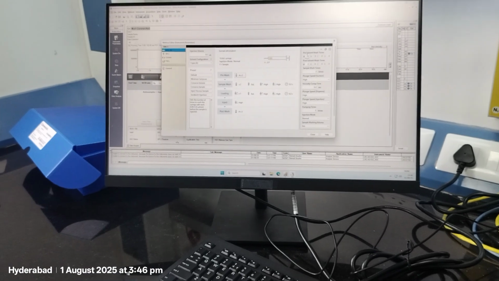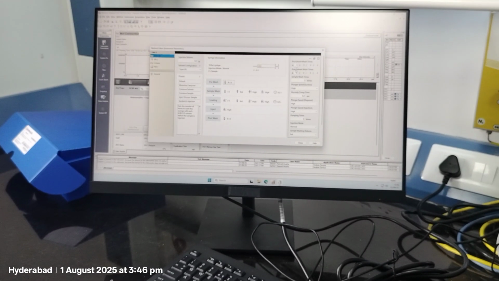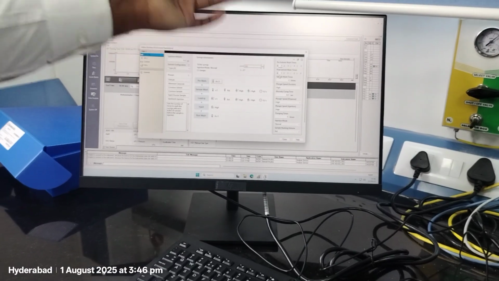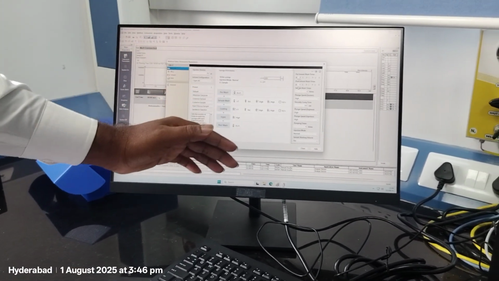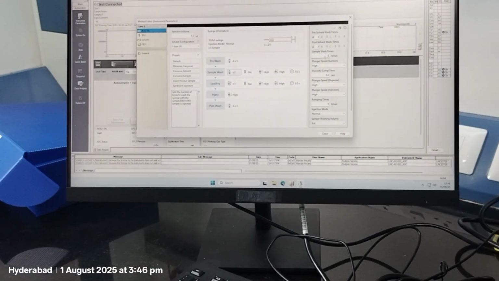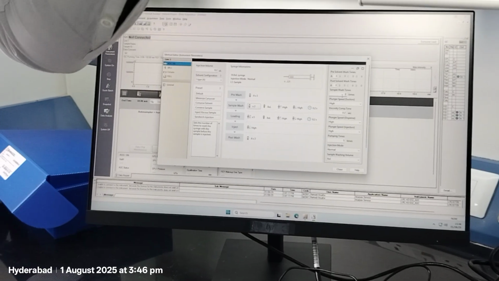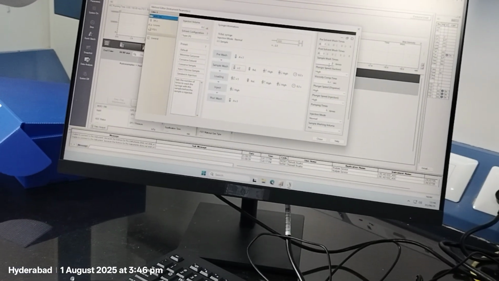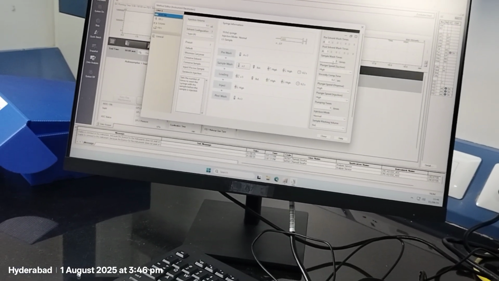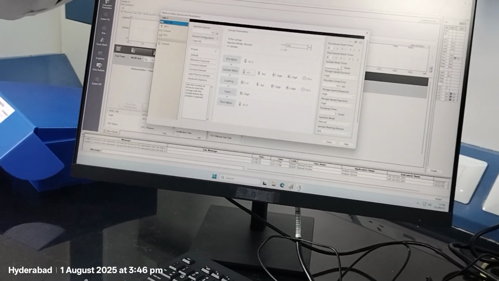That's your choice: pre-solvent, pre-wash, post-wash, before injection, after injection. Sample wash means that if you are going to add the sample into a vial, what will you do? Directly pour the sample into the vial, tighten it and go, or you can rinse with sample. You understood what I am asking?